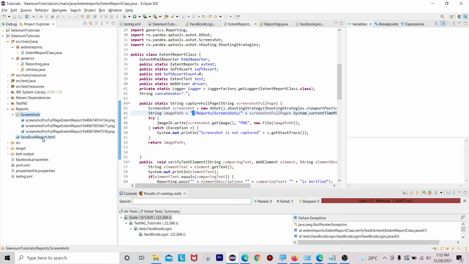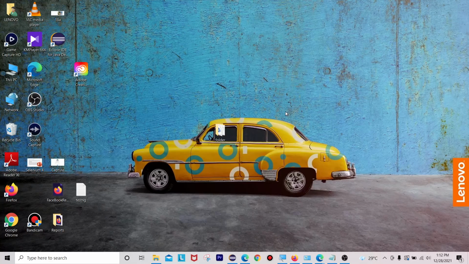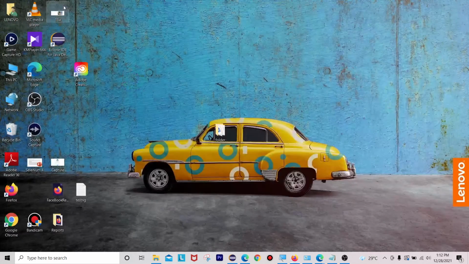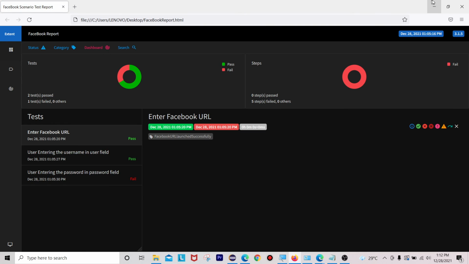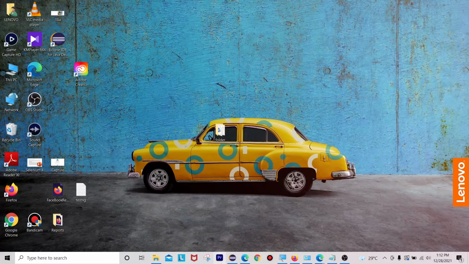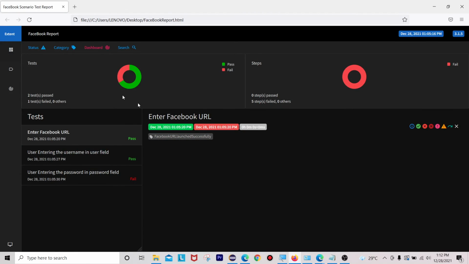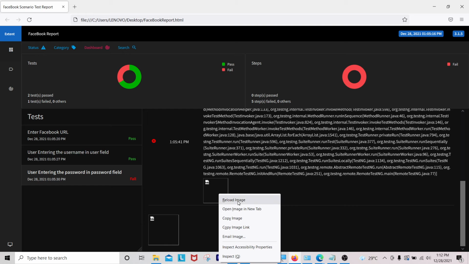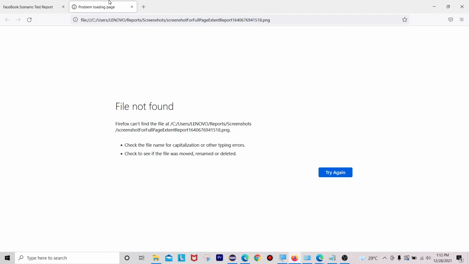Okay, so if you are opening the Facebook report.html directly from here and sending to your client, they will definitely get the same error what I showed you just now. Okay, let me close this one. I mean, how we are sending to our clients, we are just directly copying that .html file and sending to our clients, right? So if we send them the .html file directly, the other people will also get the same issue what we got currently, because they will also get this broken image on their machines, because you can see here reports folder is missing here.